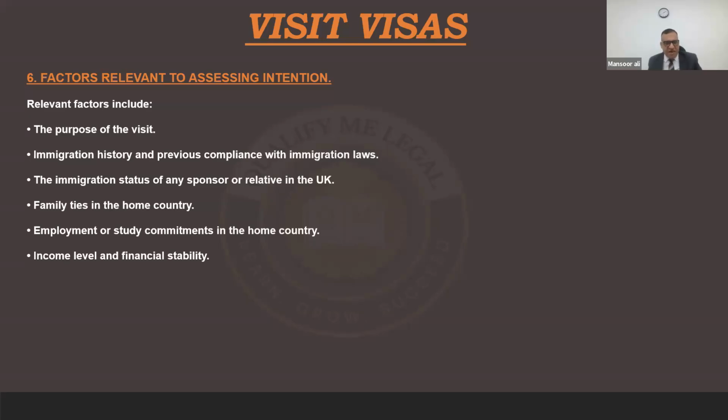For instance, in the application form, there's a question: have you ever visited the UK before? If you have said no, and the Home Office has found that yes, he visited before, and he breached the immigration law in the United Kingdom, the Home Office will straight away refuse the application, and they're going to ban the client for 10 years under Section 320D.